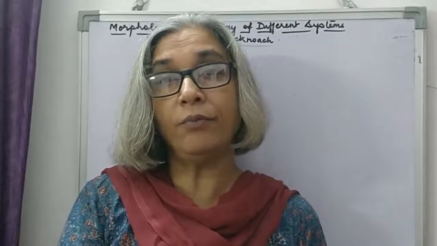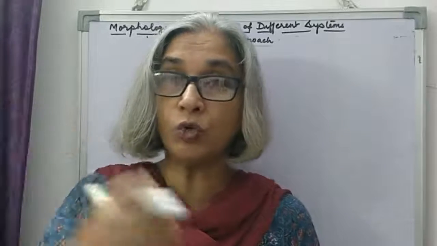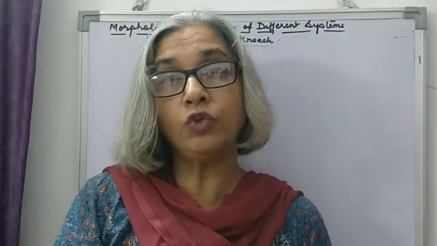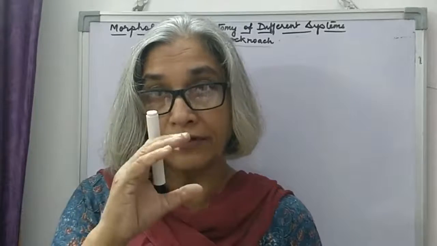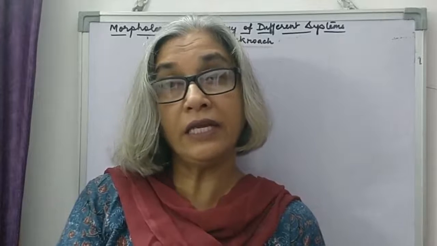Now, the alary muscles are attached to the diaphragm, and when the alary muscles contract, then blood from the hemocoel moves into the pericardium, and through the ostia. This is the mode of circulation or movement of blood in the body of the cockroach. So alary muscles that are attached to the diaphragm, when they contract, blood from the hemocoel moves into the pericardium and through the ostia enters into the heart. That's how blood enters the heart.